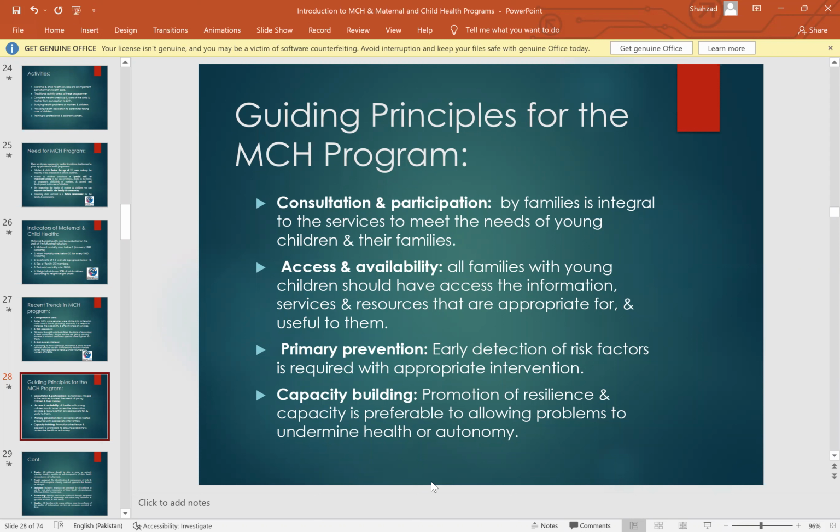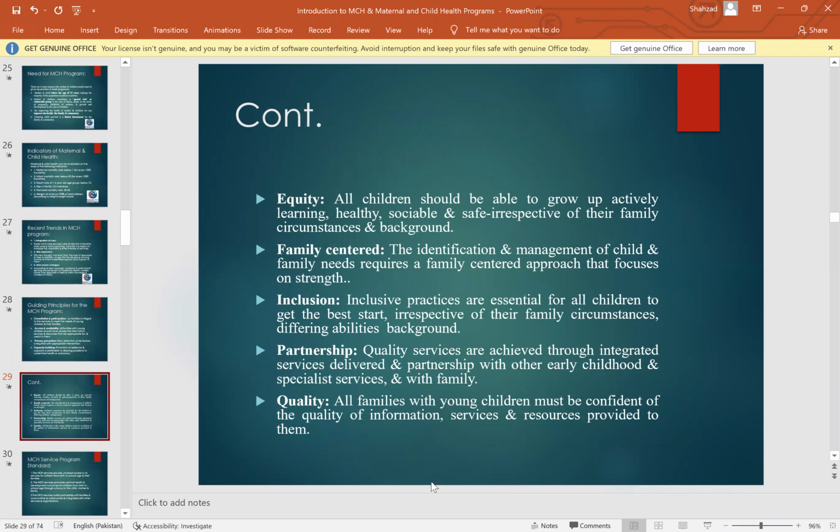Capacity building: promotion of resilience and capacity is preferable to allowing problems to undermine health and autonomy. Equity: all children should be able to grow up active, learning, healthy, socially connected, and safe, irrespective of their family circumstances and background. Family centered: the identification and management of child and family needs require a family centered approach that focuses on strengths. Inclusion: inclusive practices are essential for all children to get the best start, irrespective of their family circumstances,